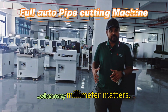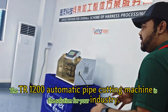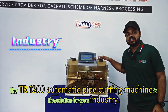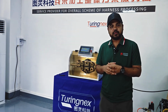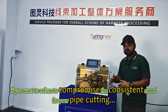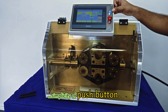A world where every millimeter matters, where the precision is the difference between profit and waste. The TR1200 automatic pipe cutting machine is the solution for your industry. With industry level speed for pipe from 5 to 30 millimeters, and for those who refuse to compromise: the consistent speed for your pipe cutting, the simplicity of push button,